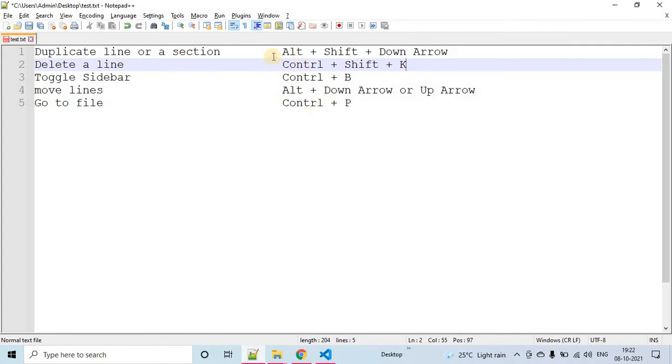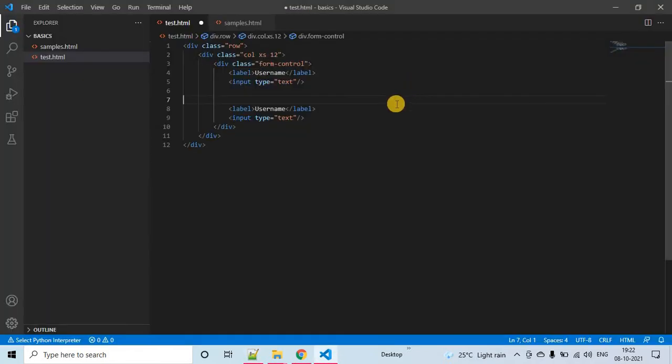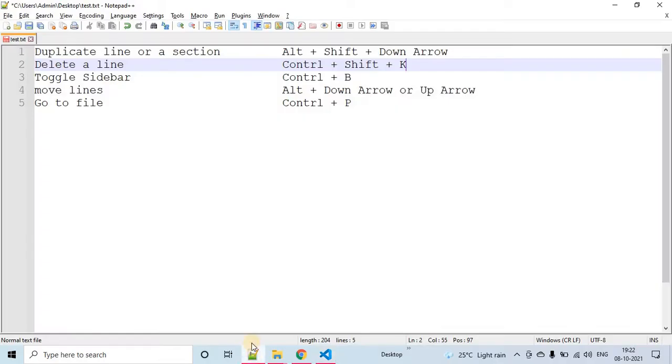What is the shortcut? Control Shift K. See, it is deleting. All those things have been deleted. So Control Shift K is for deleting a particular line.